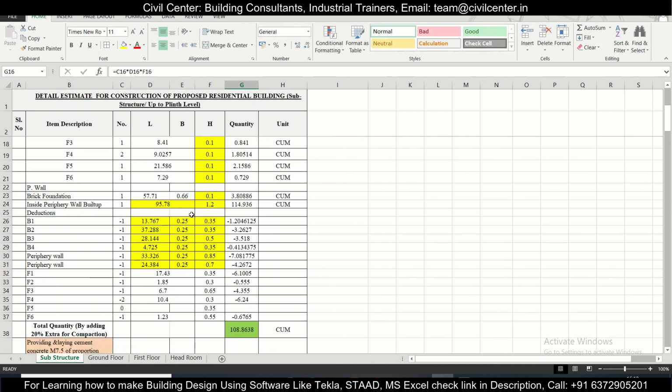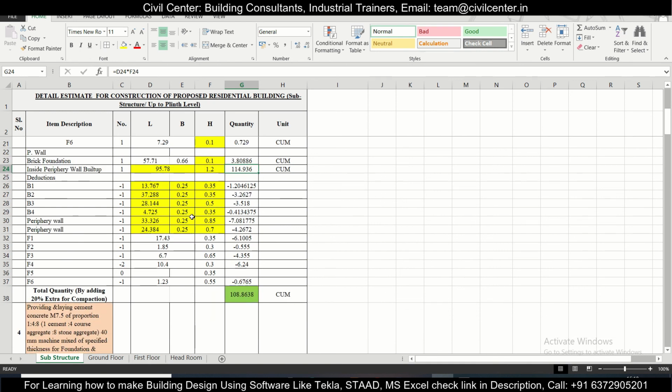And next was for the periphery walls. Below the periphery walls also the length and the breadth was fixed. Only for the height we had just calculated this 0.1 meter. So this was also done. And inside the periphery wall built up area, we had calculated the entire built up area and multiplied 1.2. This gave us this particular quantity for the sand filling.